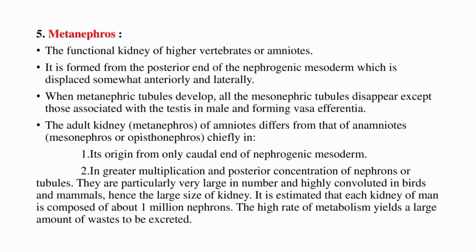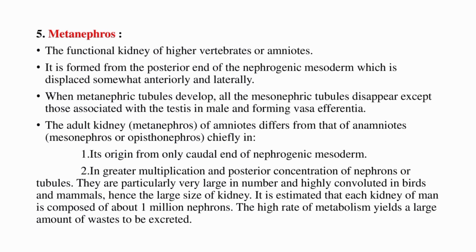Next, the last one, metanephros, the functional kidney of higher vertebrates or amniotes. It is formed from the posterior end of the nephrogenic mesoderm, which is displaced somewhat anteriorly and laterally. When metanephric tubules develop, all the mesonephric tubules disappear except those associated with the testis in male, forming vasa efferentia. The adult kidney of amniotes differs from that of anamniotes chiefly in its origin from only the caudal end of